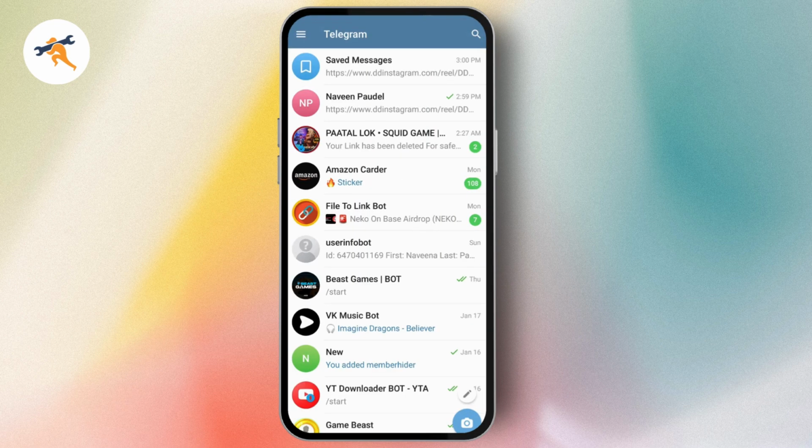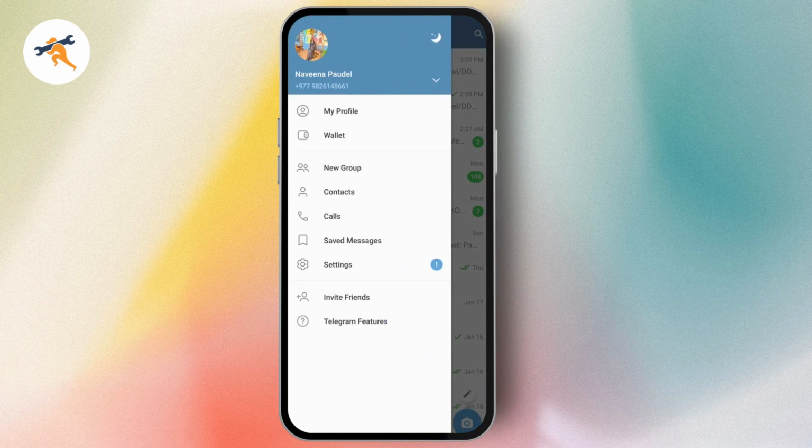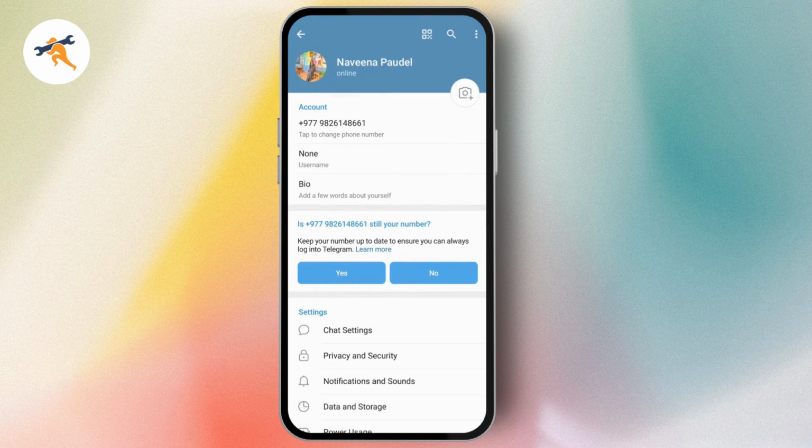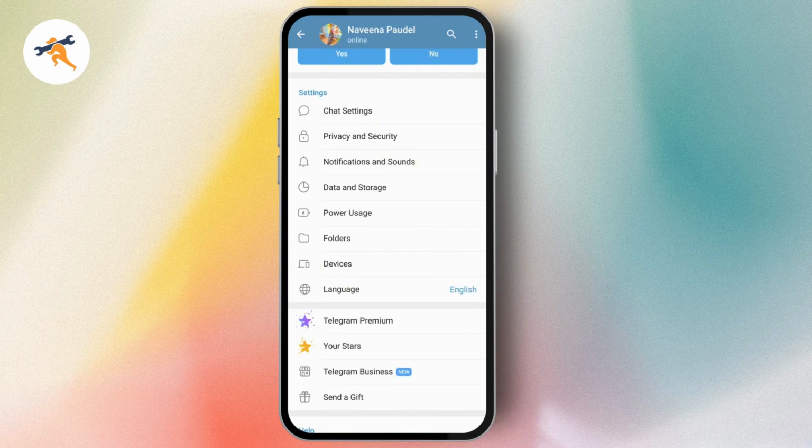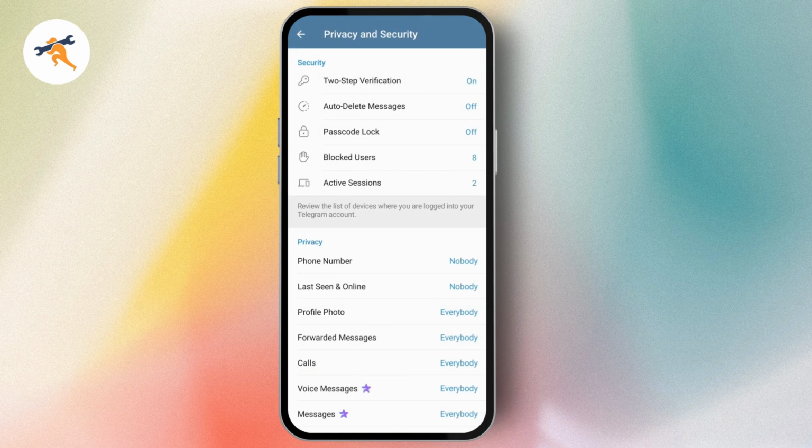Once you open up your Telegram application, now you need to go to the upper left, which has that 3 horizontal lines, and tap on settings. Now under settings, here we don't have an option to make our account private or public like in WhatsApp or Instagram, but what we can do is just simply go with privacy and security, and under privacy and security